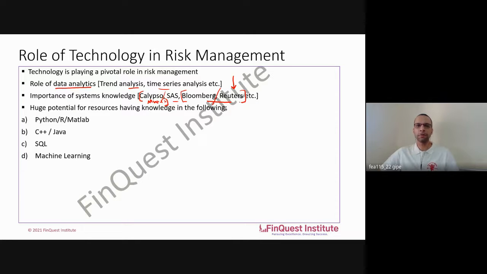Try to explore that platform, so at least you have familiarity with the way in which Reuters functions. Once you're familiar with one, having familiarity with the other is not difficult. That way, you'll already be ready to use these market systems once you join your respective firms, so that you don't have to waste time understanding those systems there.